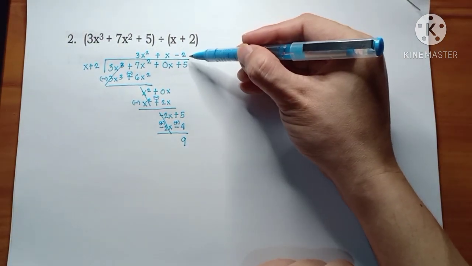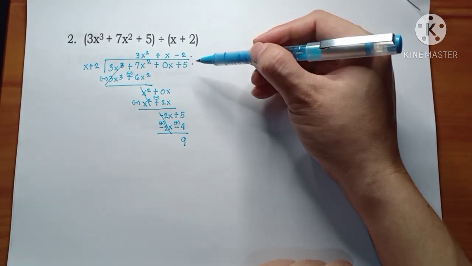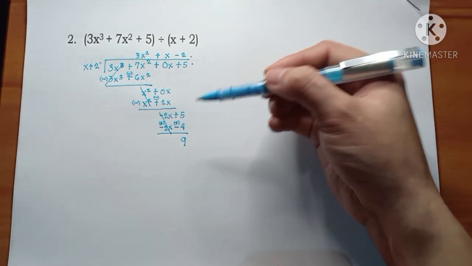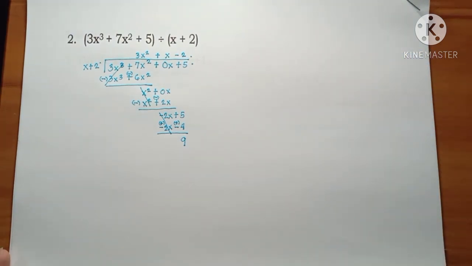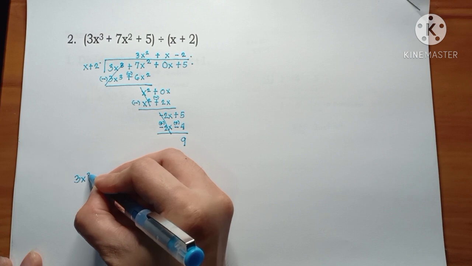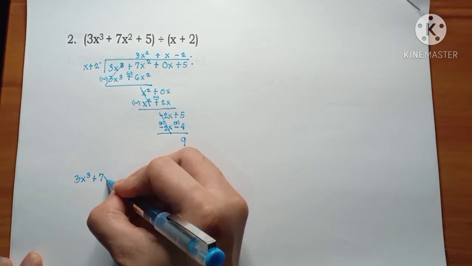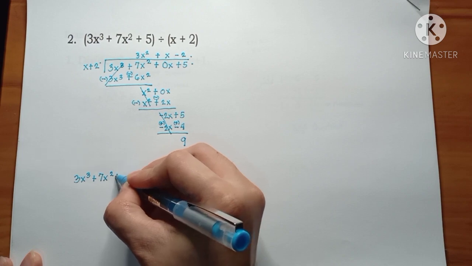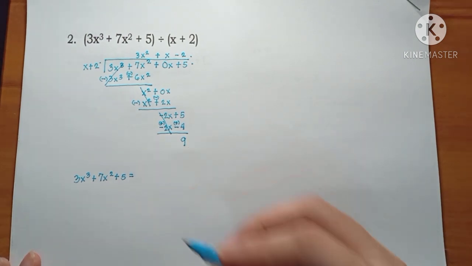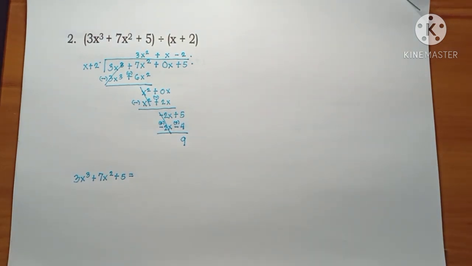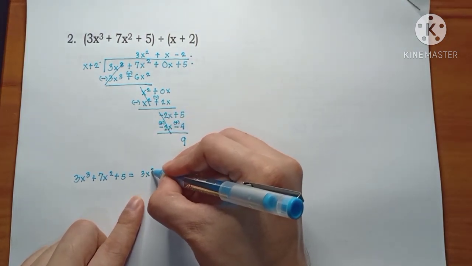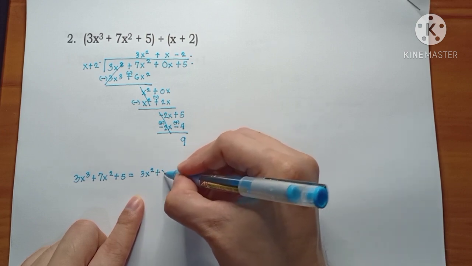So, ang tawag natin dito ay quotient. Ito naman ang ating remainder. Ito ang ating divisor. At ito naman ang ating remainder. So, pag isulat natin yan, kung ano ang ating quotient, so we have 3x cubed plus 7x squared plus 5. So, hindi natin isasama na yung 0x. Is equal to, ano ba yung kanyang quotient? So, ang quotient niya is this one. So, we have 3x squared plus x minus 2